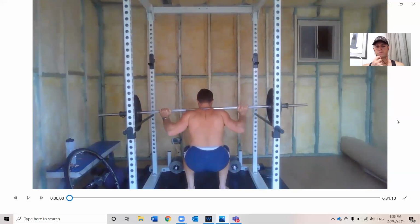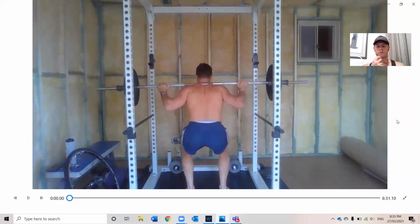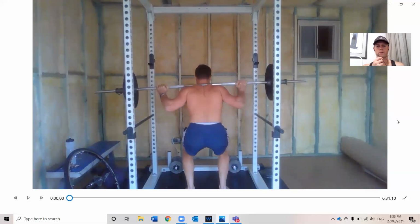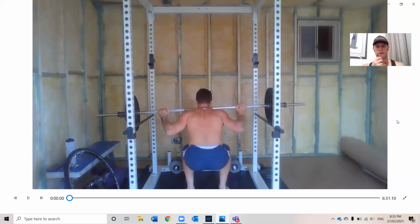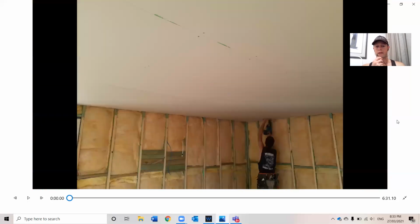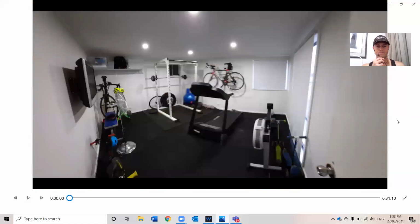But yeah, these squats I've really found, I've been feeling generally good through that posterior chain, and that transfers onto the bike, it transfers onto the run, and I can't recommend it enough just to make sure you're getting in some decent strength work. This is my gym, so this is a bit of a look through how it's all gone, and